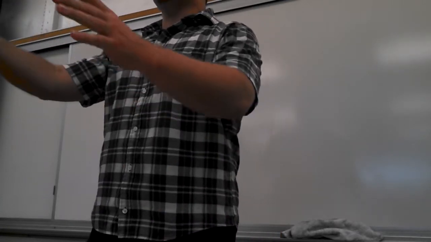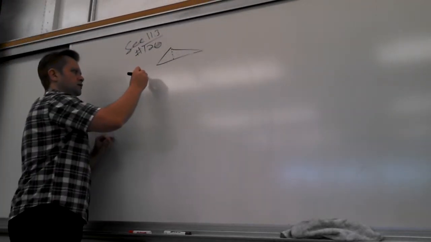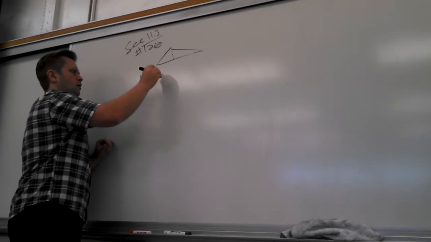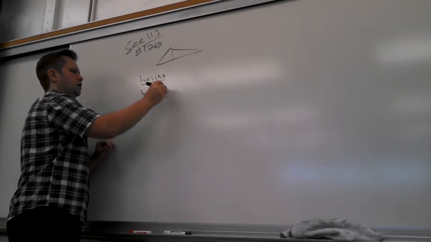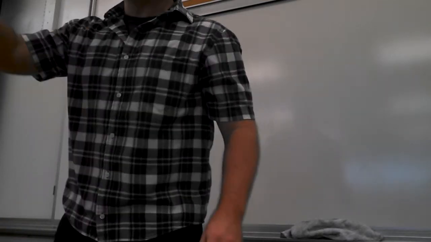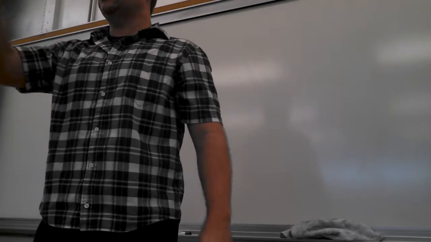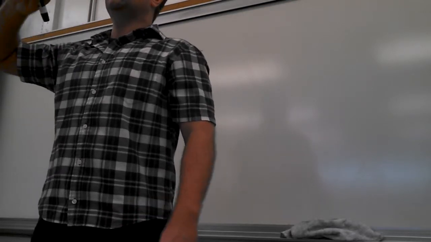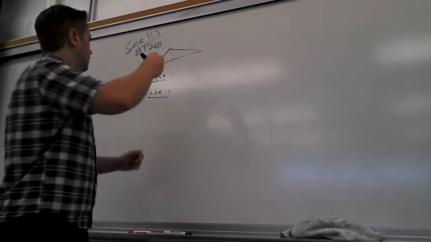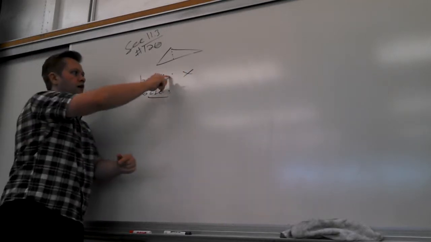Okay, you went straight to the thing you have to be careful about, right? You've bypassed a lot of stuff, and that's where people make the most mistakes. What are the two things? Height and base. And it says the base is 3 more than the height. So height is x. That's the important first step. Do not skip that step. So height is x, and now base is